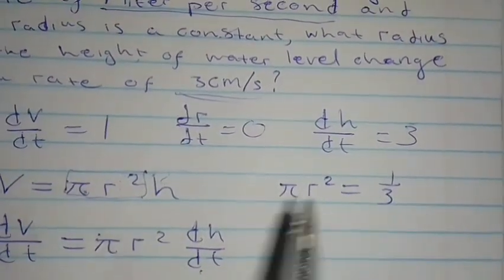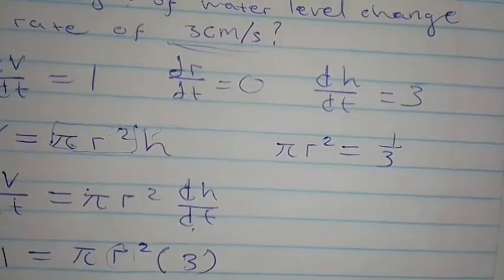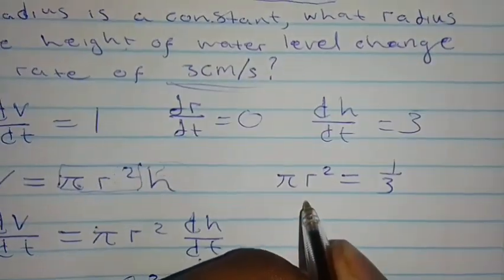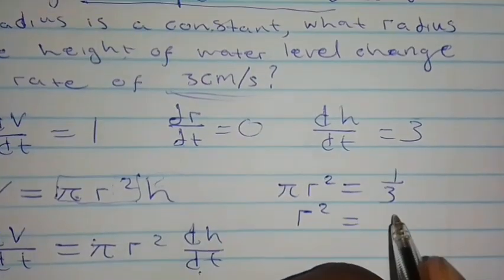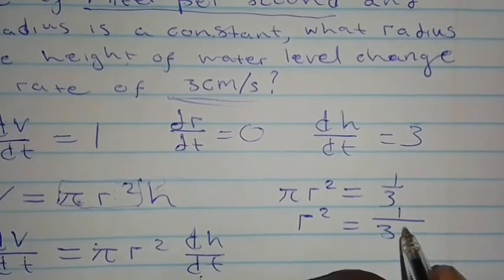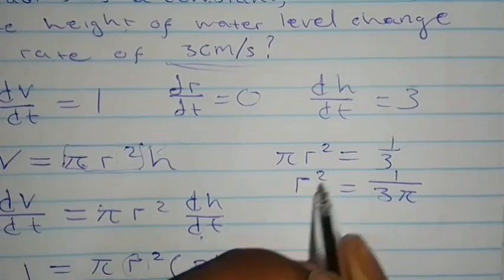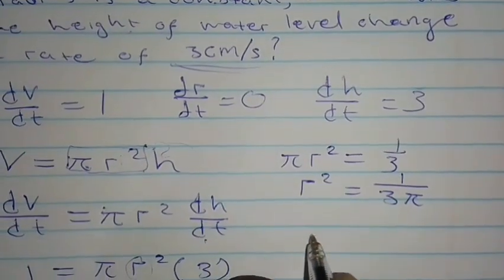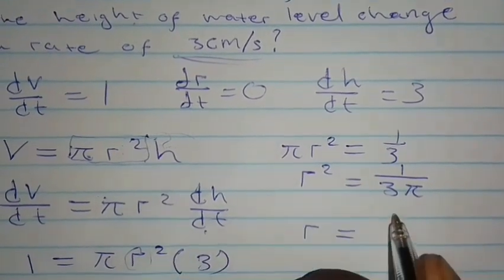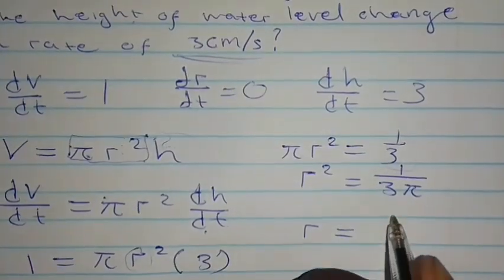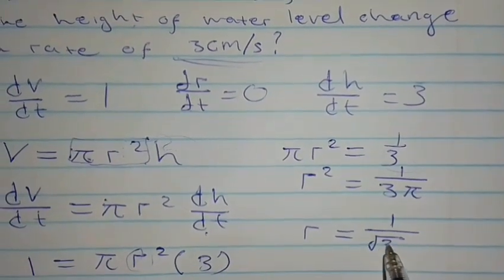You'll have pi r squared equals 1 over 3. Then you can divide both sides by pi, so you'll have r squared equals 1 over 3 pi. Then you can take the square root on both sides. Now the square root of 1 is 1, and you'll have the square root of 3 pi